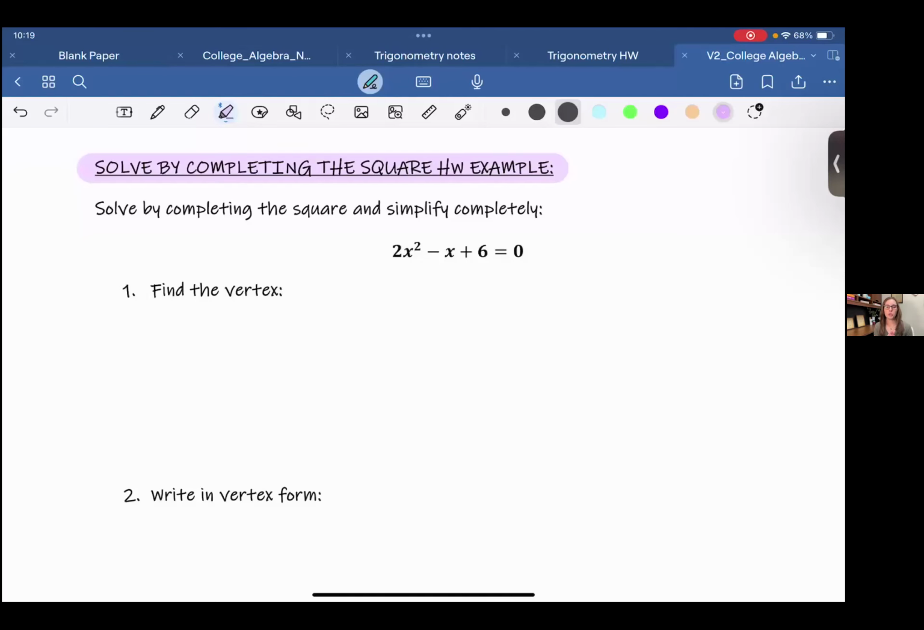Hey y'all, in this video, I'm going to show you an example on how to solve by completing the square. In this particular example, we find that we cannot factor the quadratic and it's going to have imaginary solutions. So I'm going to cover a lot of really cool stuff in this video. So if we were to take a quick glance at this